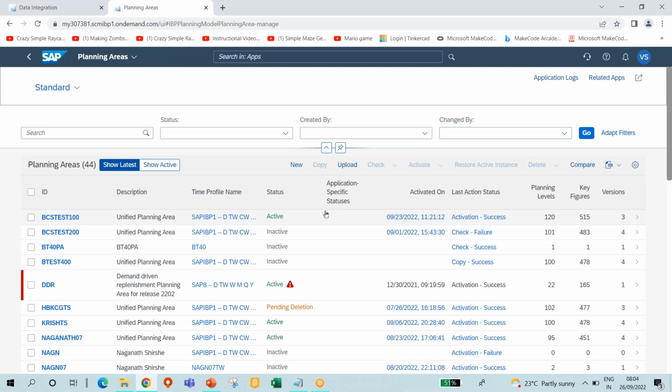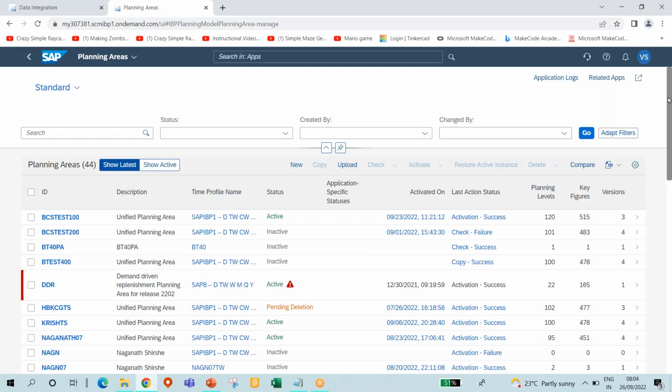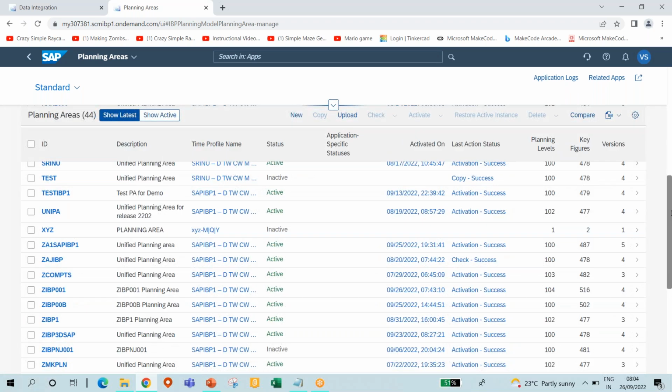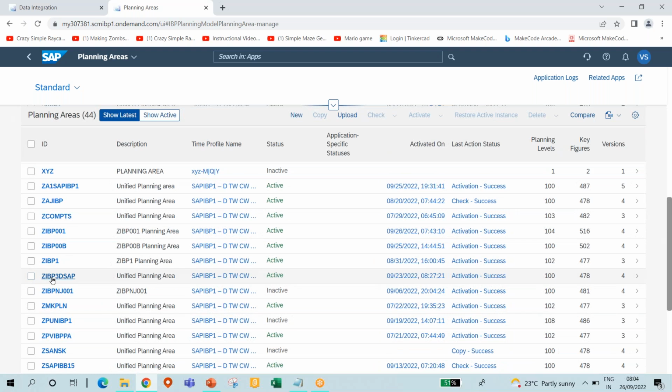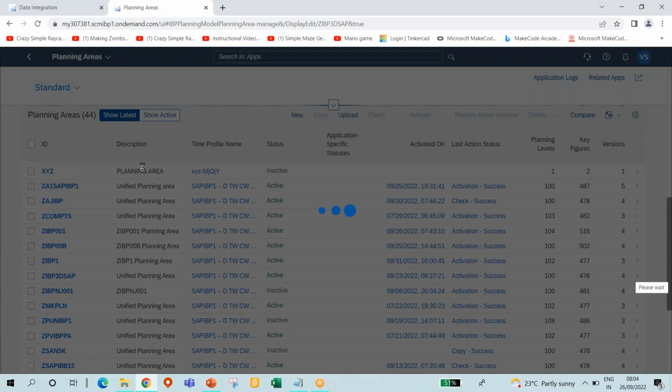So it was this one, ZIVP 3D. All the three dimensions are there, SAP. If I go inside this planning area,